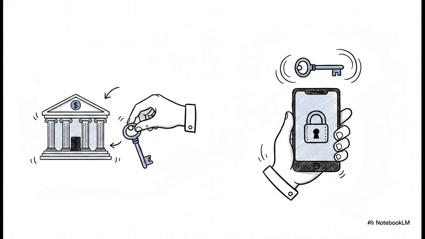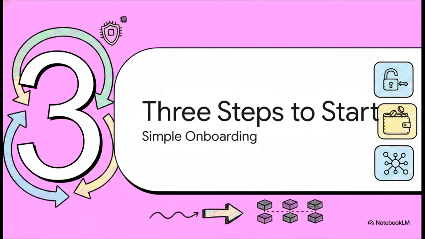The source material draws a super stark line here between giving up custody and keeping it. You aren't trusting some centralized exchange and just crossing your fingers hoping they avoid a breach or a freeze. Instead, you're relying strictly on cryptographic math right there in your own hands. The documentation really uses this comparison to drive home that true security in the blockchain era is fundamentally synonymous with total self-reliance. Moving on to Part 3, 3 steps to start.